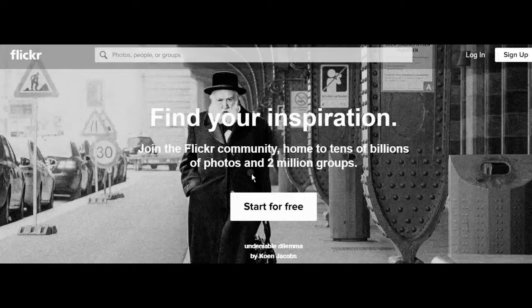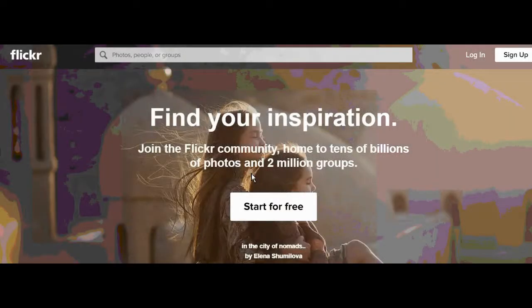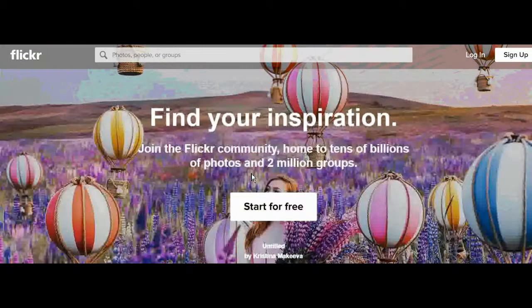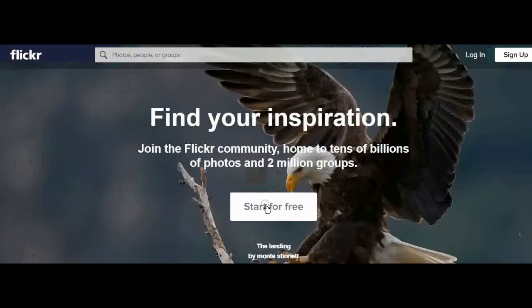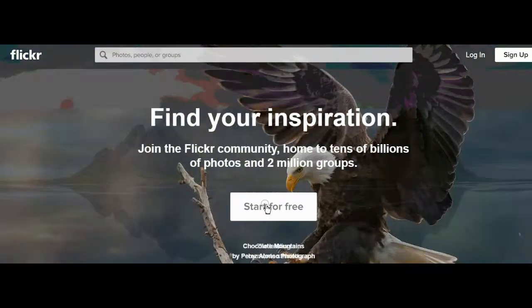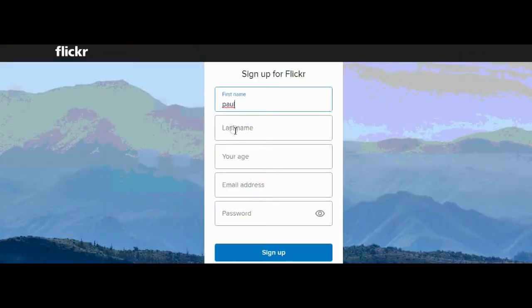Okay, now we're going to start creating a new Flickr account. This is the opening screen at Flickr.com. It may look different on your computer, but this is the opening screen that I'm seeing. So we're going to click Start Free,